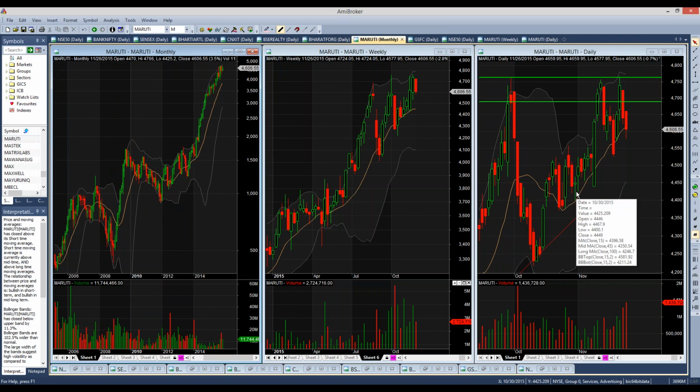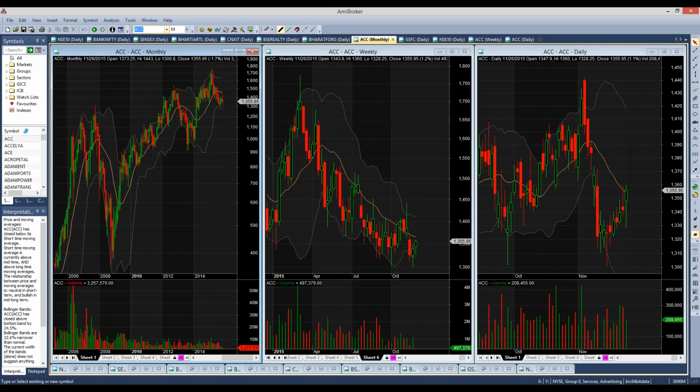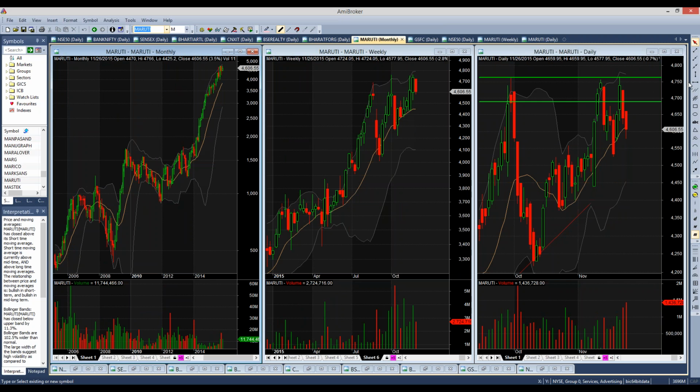So I just wanted to put this out, that this is one layout I'm experimenting with and looking at how I want to use this, because I find this extremely effective in terms of being able to see multi time frame charts simultaneously, and do a far more comprehensive analysis. The whole idea that, for example, just to go back to Maruti, sorry. Okay, if I were to put a line here,